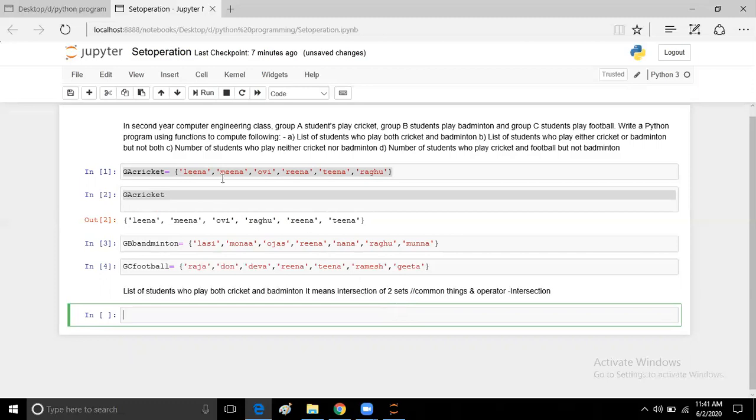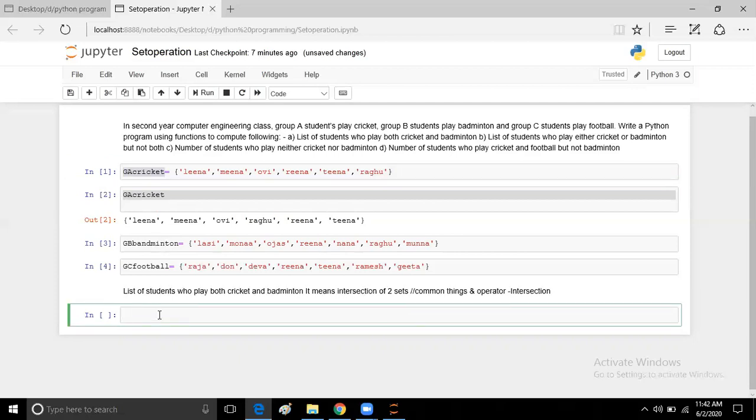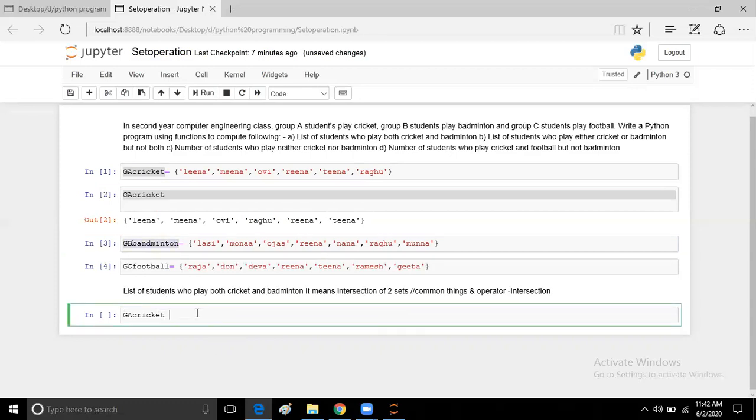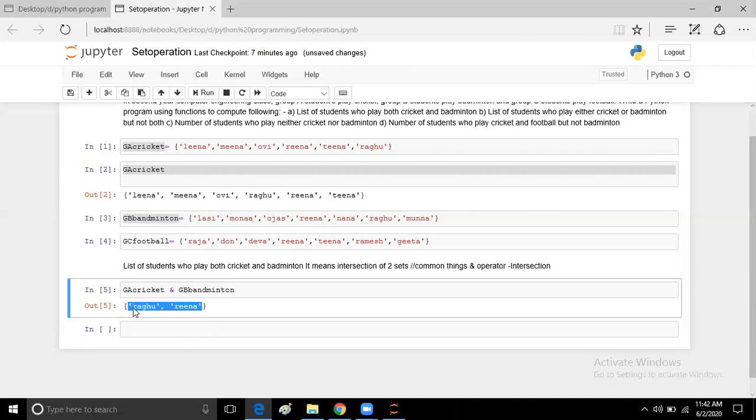For cricket we have group A, and we have group B for badminton players, right? So we are going to find out the intersection, or common elements, from both the groups. If I press shift enter, you can observe that I got two names who play cricket as well as badminton, right?